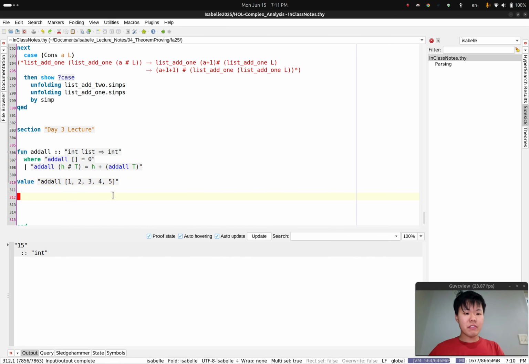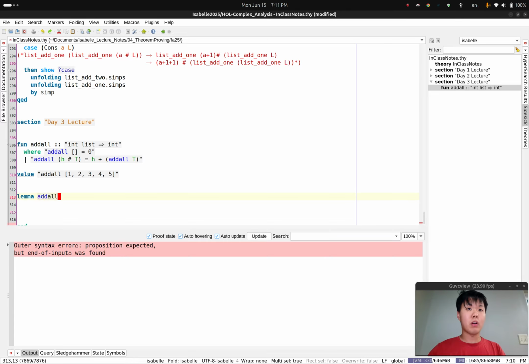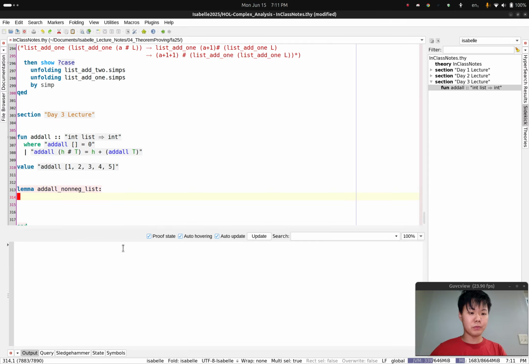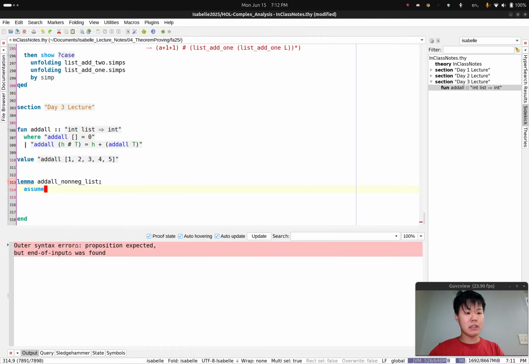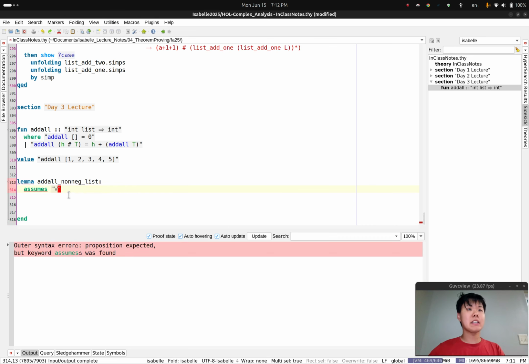All right, we're going to prove something relatively simple about this function. We're going to prove a lemma that says what happens when we call add_all on a non-negative list. So we're going to assume that for all, I'm typing this for all symbol with backslash forall, and then you can press tab to select this. For all